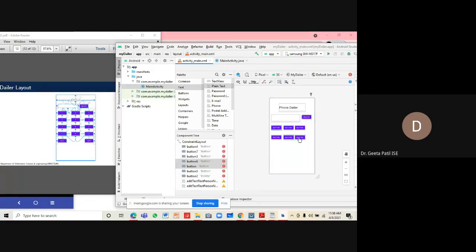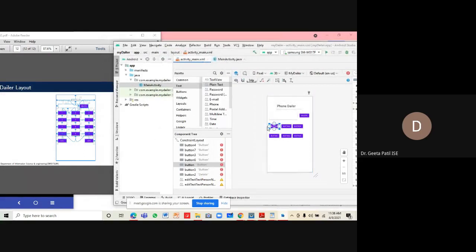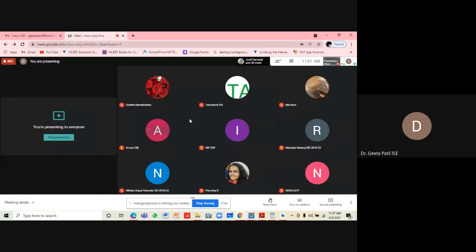Not all, we are in the process of creating them. For this one, we are putting a constraint on 3 sides. Right? So let me design it.